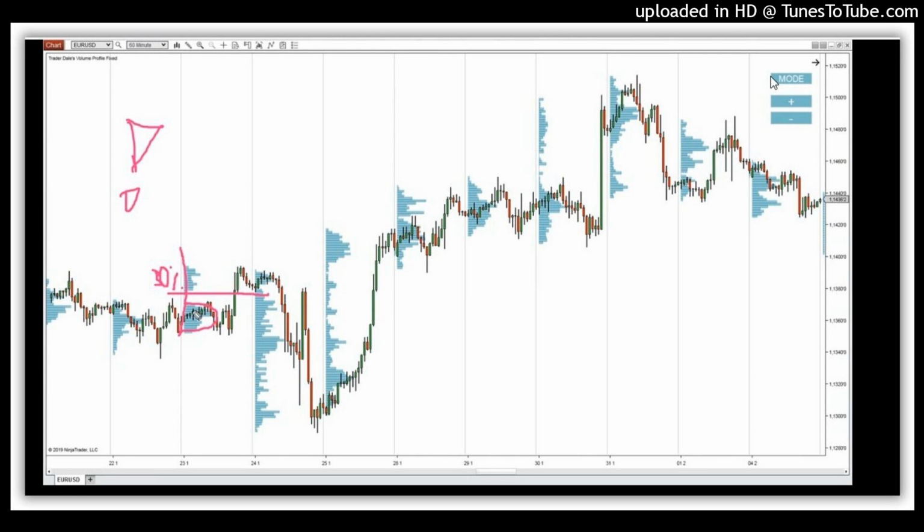Afterwards, the volumes start to shift. This is a thin profile, and then there is a D-shaped profile, which is a balance. And this is sort of confirmation of the trend development, because if there's a trend development like this, and then the price stays at the top of this price development and creates a D-shaped profile, then it is a confirmation